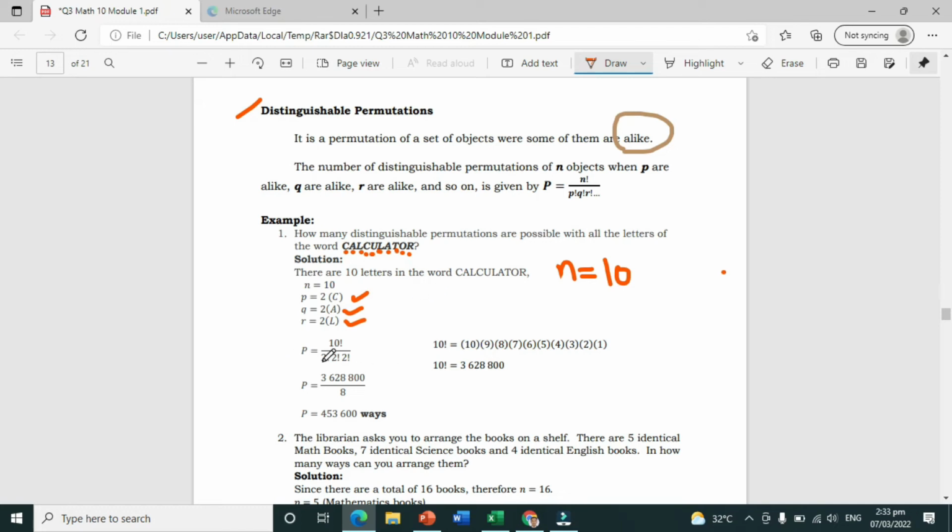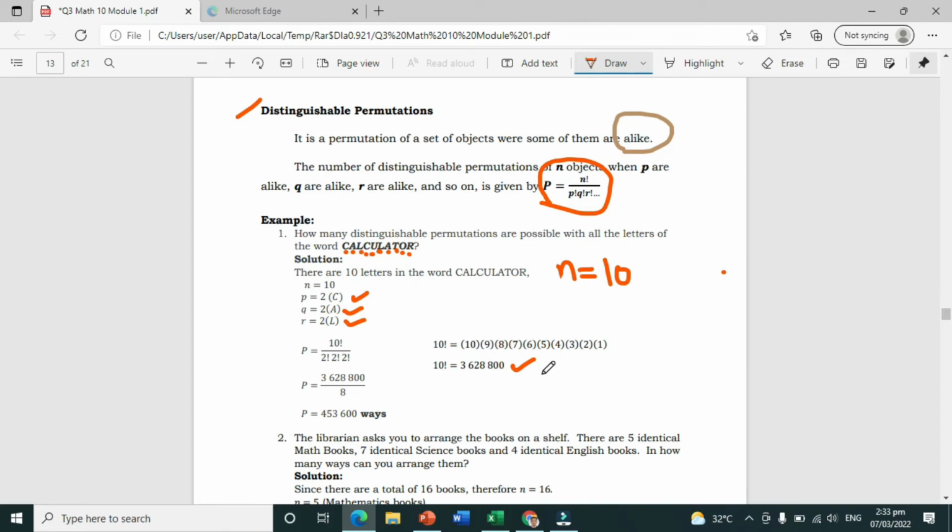So, in the formula, here it is. 10 factorial, since our formula is n factorial. So, 10 factorial over PQR. So, 2 times 2 times 2. So, 2 factorial times 2 factorial times 2 factorial. Take note, 10 factorial is 10 times 9 times 8 times 7 times 6 times 5 times 4 times 3 times 2 times 1. So, if you multiply all of that, that is